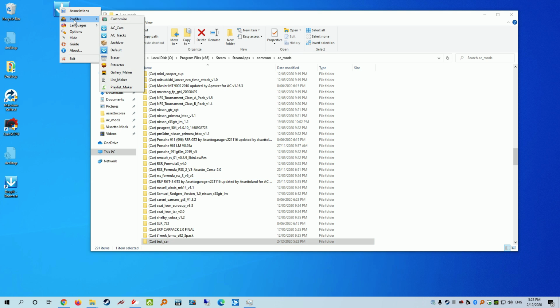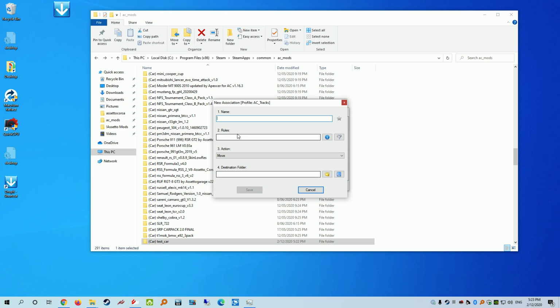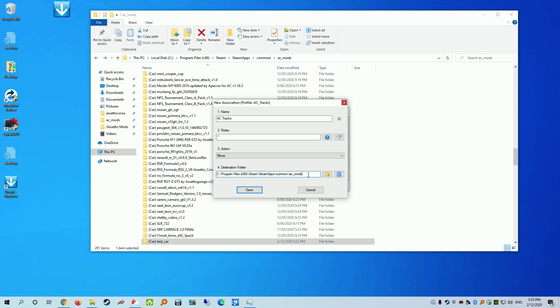So you're going to go, we've already created the profile for track, so we're going to go to associations again, right click, associations, select the tracks profile, click the plus tab, let's call this AC tracks, star again, action, leave it as moved, destination folder, that's going to be the mods folder again. Then we want to go backslash, open bracket, track, we'll call it track, space,